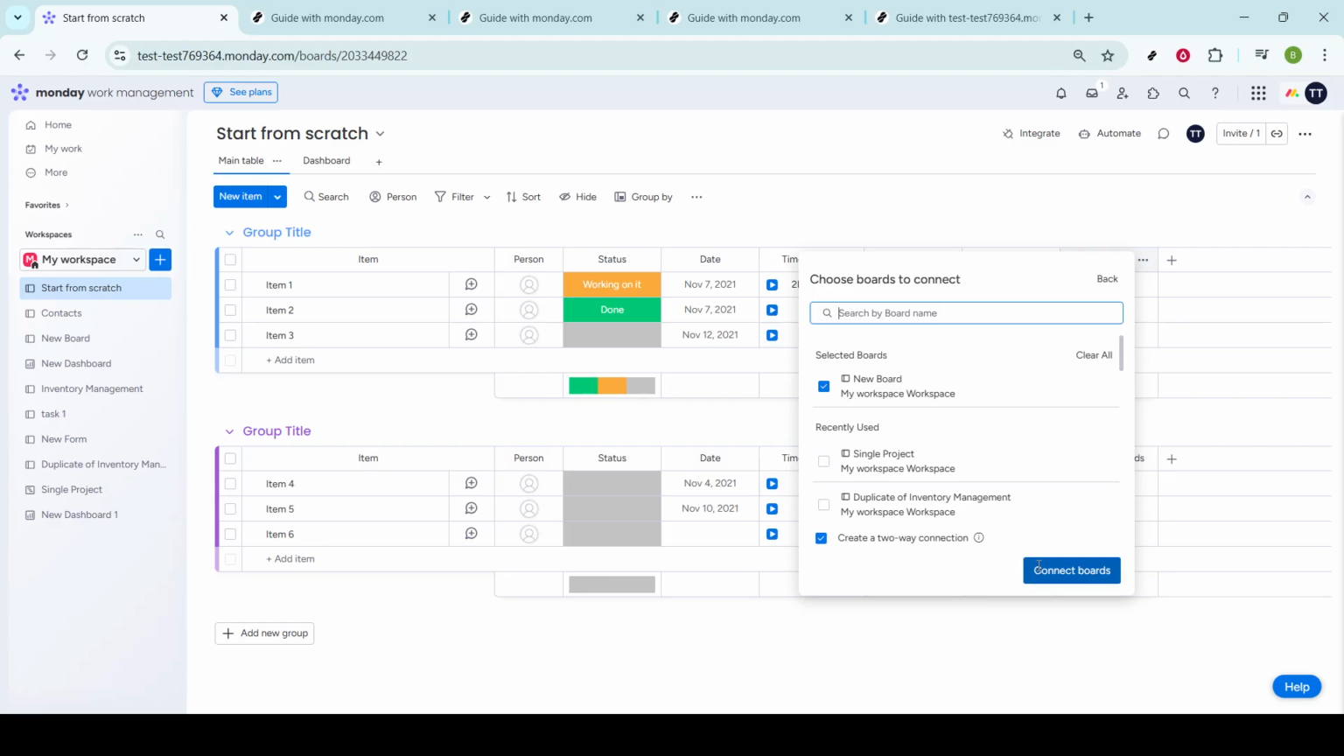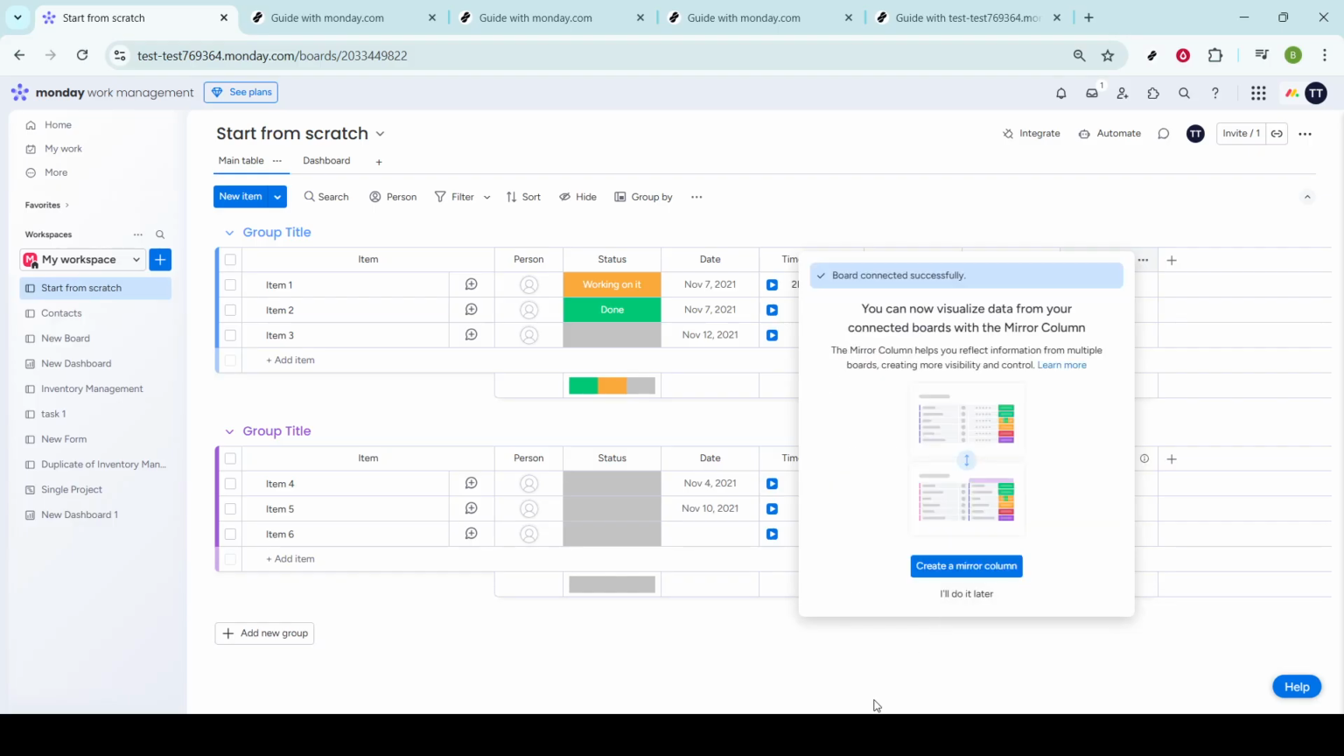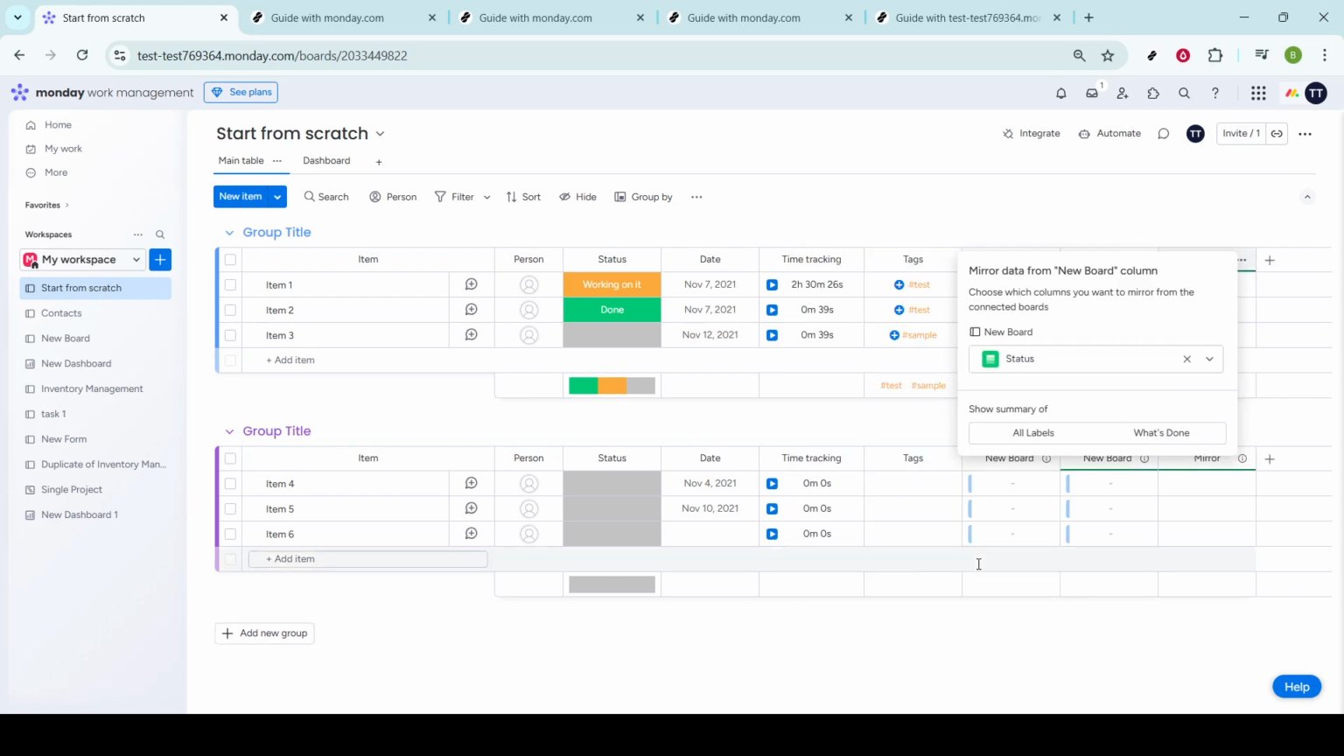With the connection firmly in place, it's time to create a mirror column. Locate and click on Create a Mirror Column. Doing this will make a new column that reflects data from your connected board, offering a synchronized perspective that's incredibly handy. As we're nearing the completion of our setup, direct your attention to the upper right corner of your screen